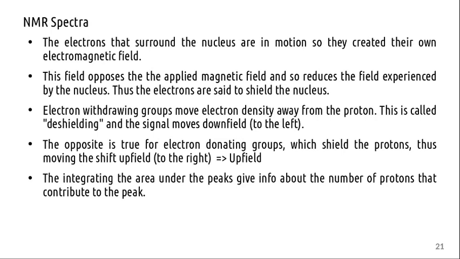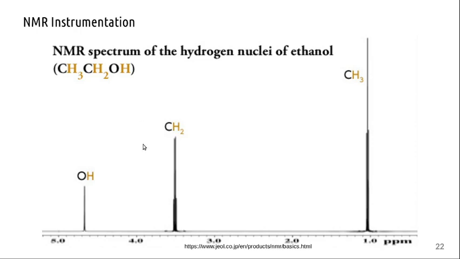Again, the integral of the area under each of these peaks gives you the number of protons that contribute to this signal. That also gives you an idea of the structure, how many hydrogen atoms are present. So this is 3, this is 2, this is 1. Again, neighboring protons can also influence the spectra, so the signals will be split up into multiple sublines. That is an effect.